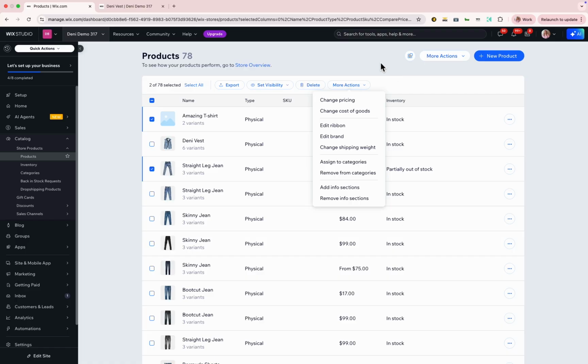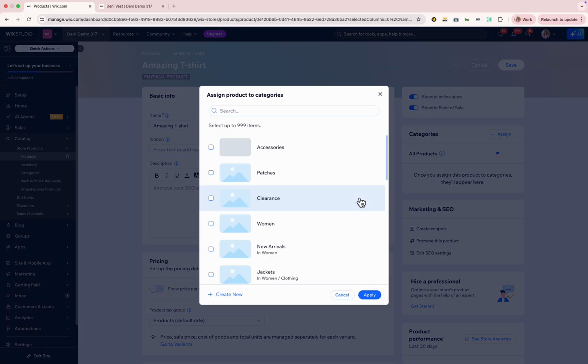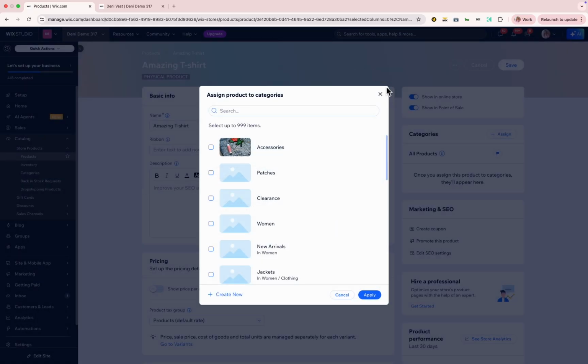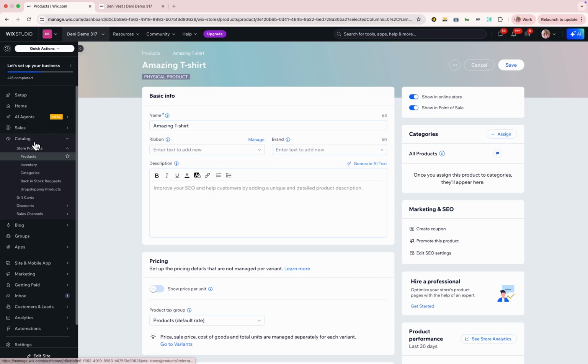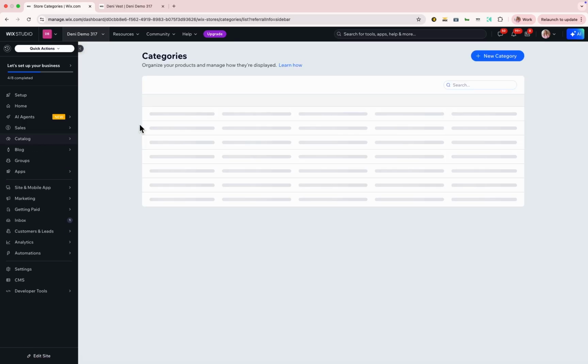Now, let's arrange our products into categories and subcategories. By default, all products are assigned to the All Products category. To assign it to additional categories, click on Assign, then choose an existing category or click on Create New to add a new one. Another way to do this is by navigating from the left sidebar to Catalog, Categories, and